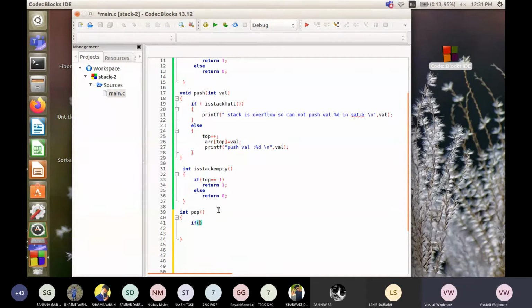We have to check if the stack is empty. We call this function isStackEmpty and we'll check it. Okay. And if it is empty, that means it is going to return a value 1. So what will we do? We'll say printf stack is underflow or empty. ठीक है.